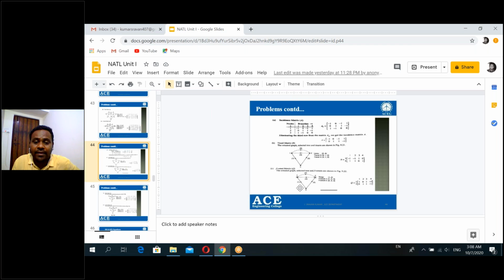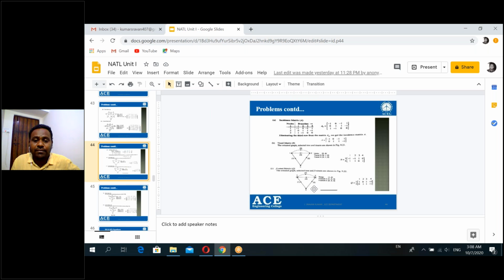See everyone. 1, 3, 4: 3, 4 are links, 1 is the twig. Next here, 2, 3, 4: 2 is the twig, 3, 4 are links. So see the first one. The twig 1 direction is towards the node, so 1 is by default positive. 3 is also towards the node, positive, same as the twig, and 4 is away from the node. That's why minus.